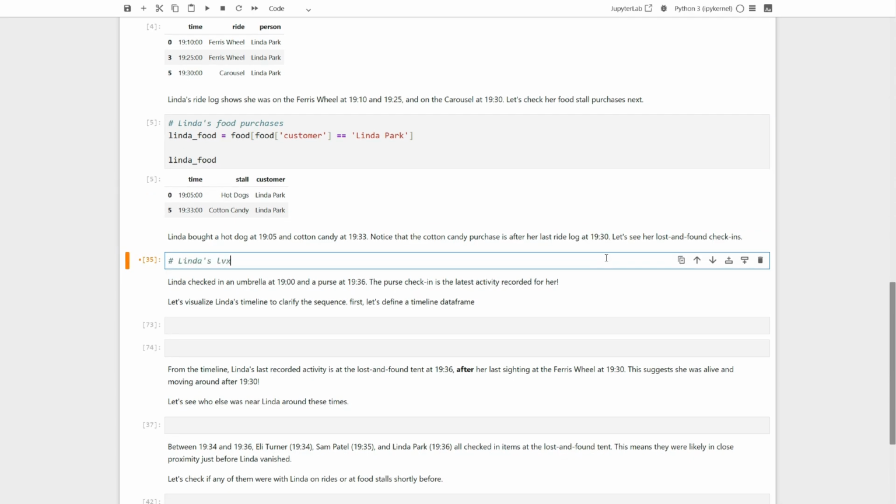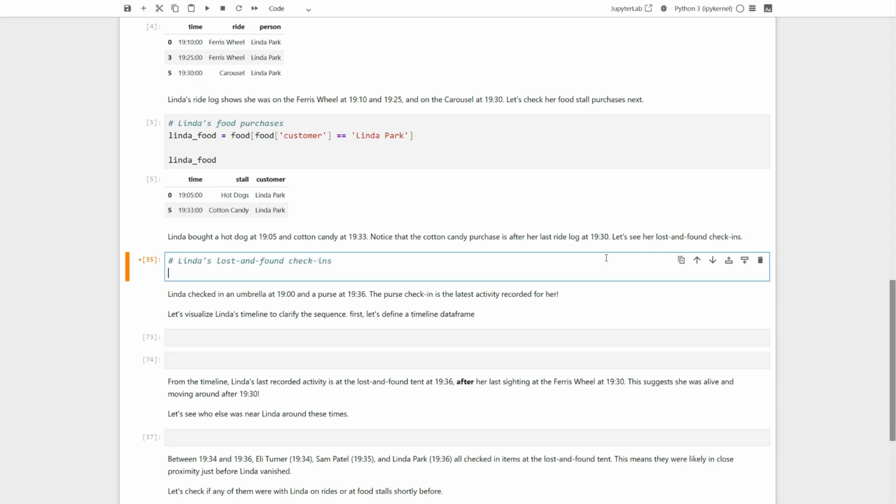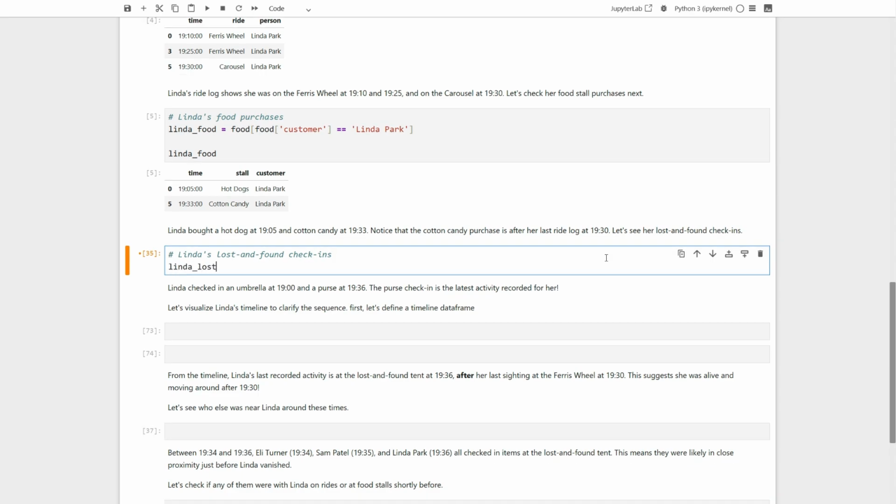Let's start by setting the scene. This line's just a note for us. We're about to dive into Linda's lost and found check-ins. Think of it as opening up her personal file in the evidence room. Now here's where the detective work begins. I'm creating a new variable called